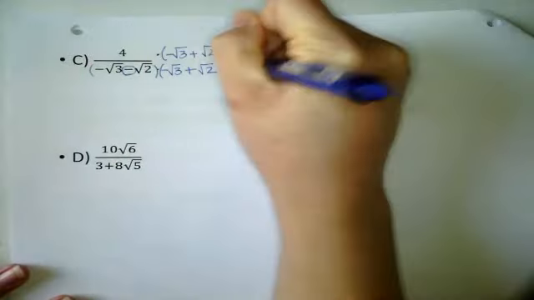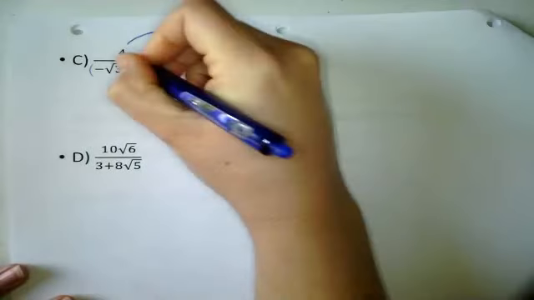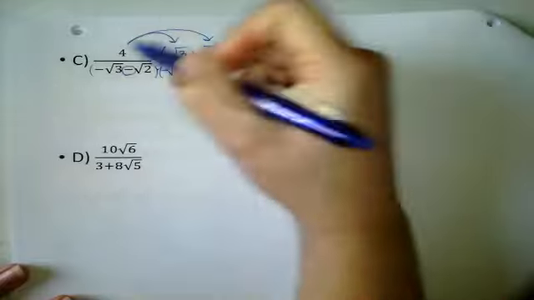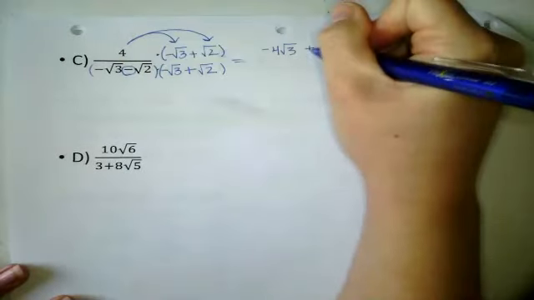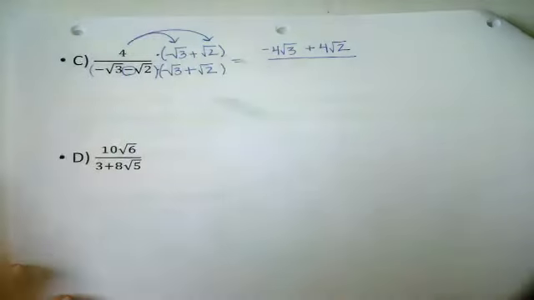So I'm going to go ahead and then distribute the 4. So 4 times negative radical 3 is negative 4 radical 3. 4 times radical 2 is positive 4 radical 2. And in the denominator,